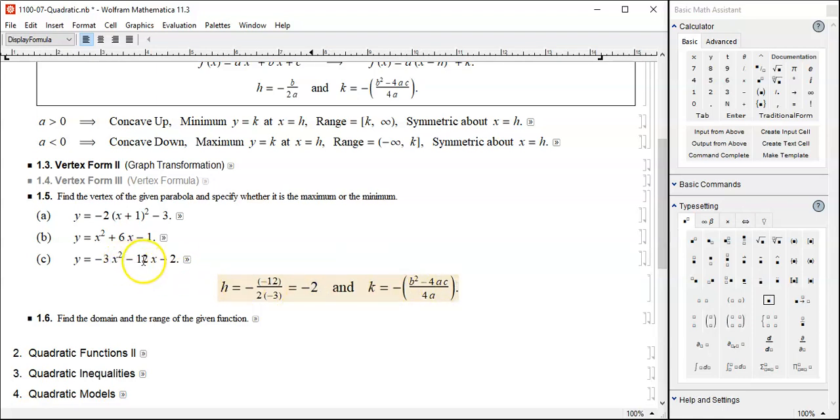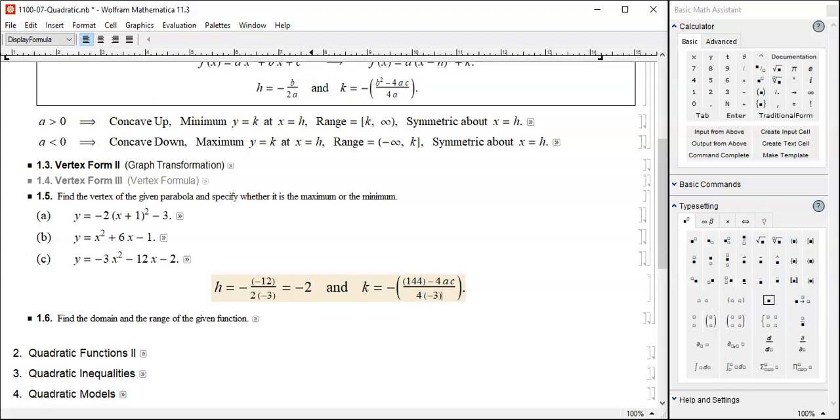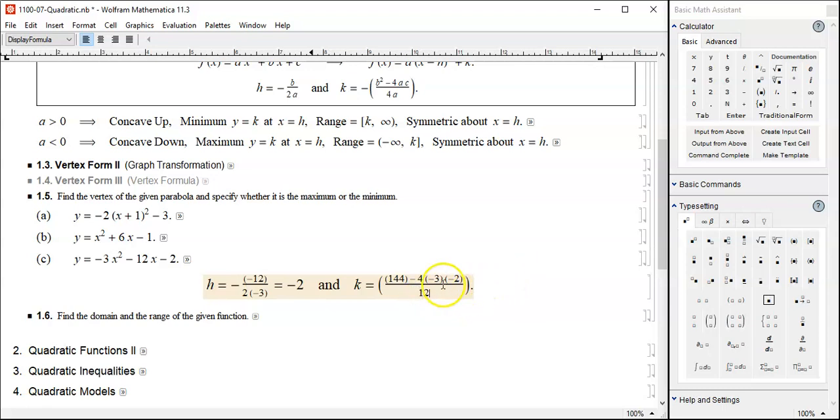Alright, b is negative 12 squared, 144. And then a is negative 3. So there, negative 3. And c is negative 2. And how do you calculate it? Let's see. This negative and this negative cancel each other out. 4 times 3, that's 12. And negative, another negative. So